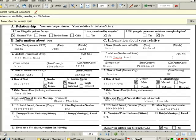Let's go to part 3, section A. This is where you put Jane Miles, or Jane will put her